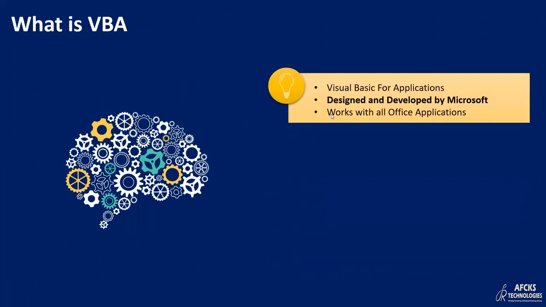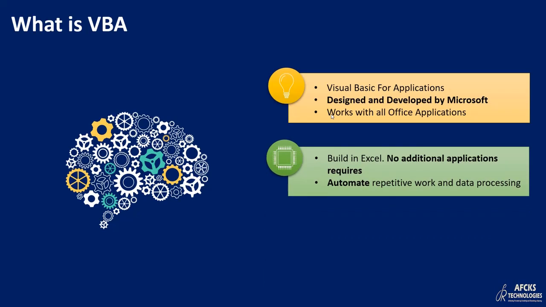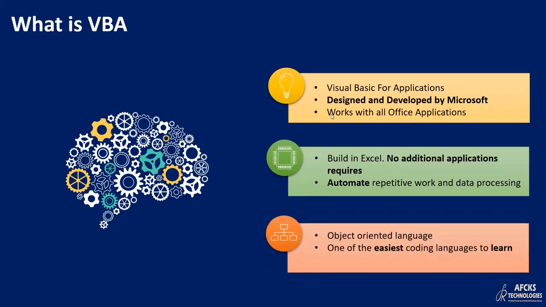All right, so let's understand what VBA is. VBA is Visual Basic for Application. It is a language designed and developed by Microsoft to work with all Office applications. So VBA is not only limited to Excel. It works in multiple different applications as well, like Outlook, PowerPoint, Word, any Office application you pick up. In fact, it works in many other applications which are beyond Office. However, for our course, our focus will be on Excel, right? We'll learn it through Excel because we focus on data manipulation and data analytics, right? So our focus will be Excel.